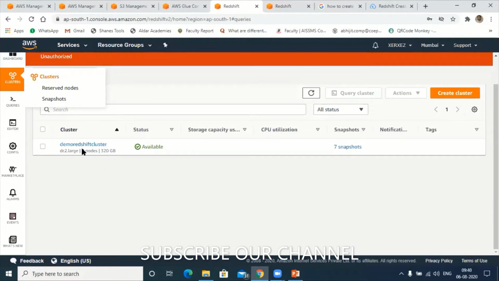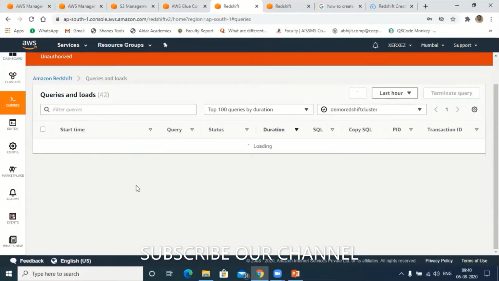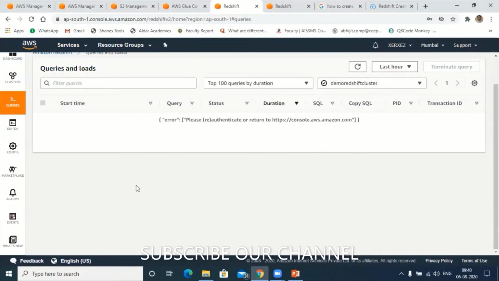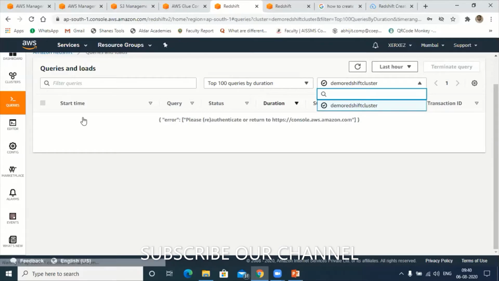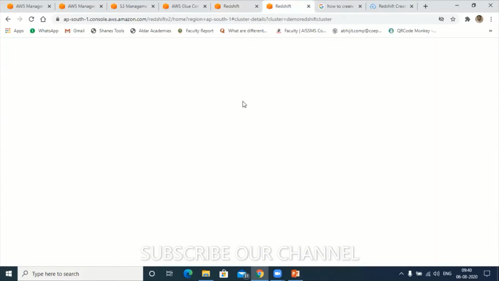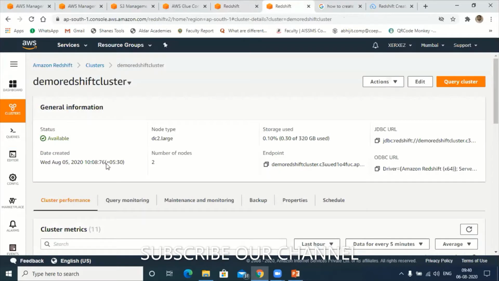Yeah, it's loading. You'll get the list of clusters which are available in Redshift. After that, just click on the cluster name, and it will take you to this.